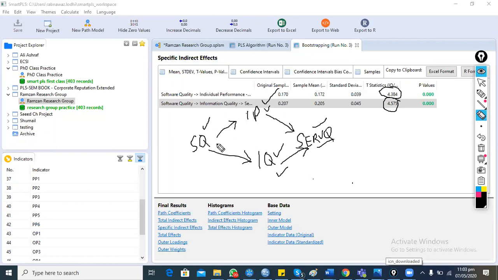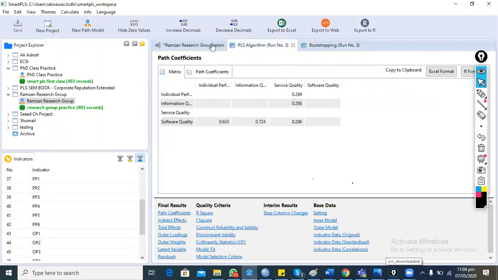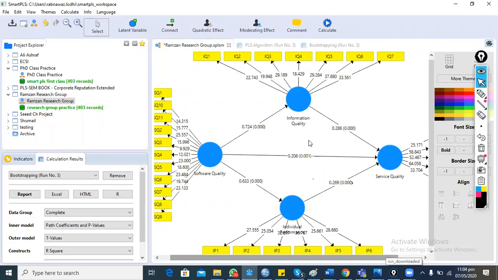More than one dependent variable. Should we draw another for calculating, or in a single sheet can we? In the same model, we can put more than one mediating variable. So yes, if I add one more variable, no problem.